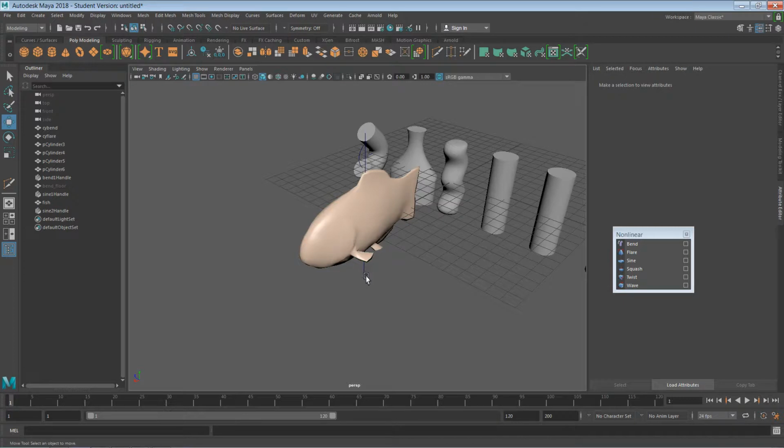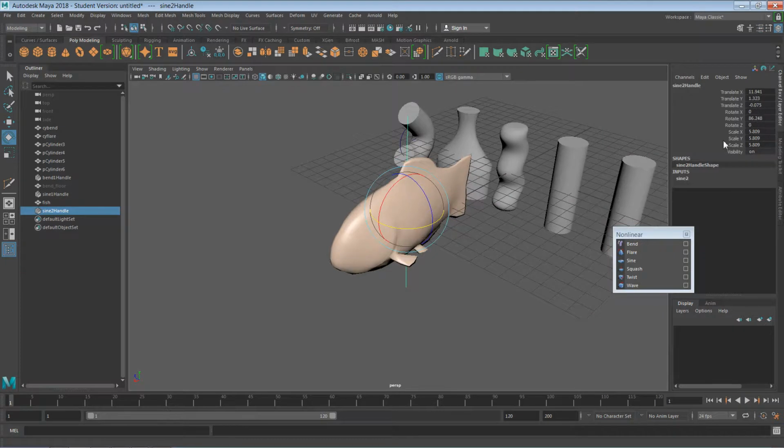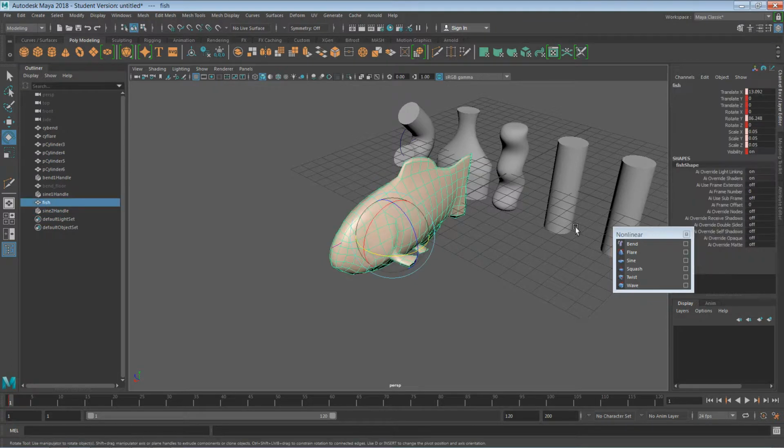So I have to rotate the handle itself. So let's change that, actually. So rotate the handle. I'm just going to use the controller. So set this back to 90, and set the z-axis to 90. Right? Now the hand is actually going through the fish itself, and once we actually take the fish now,